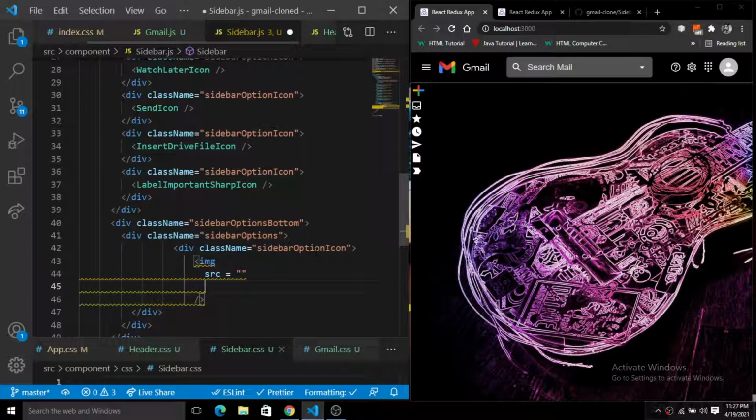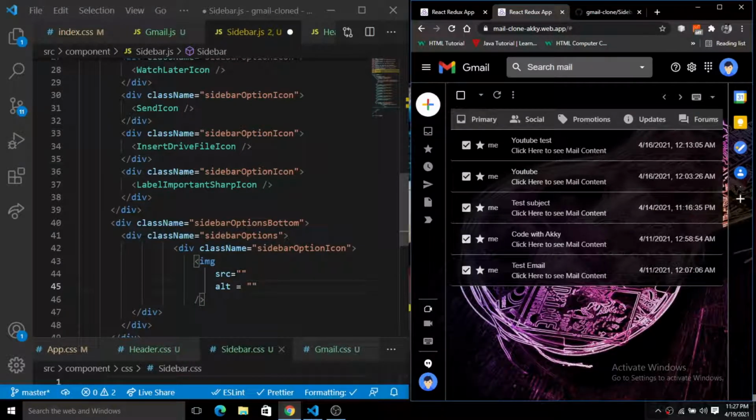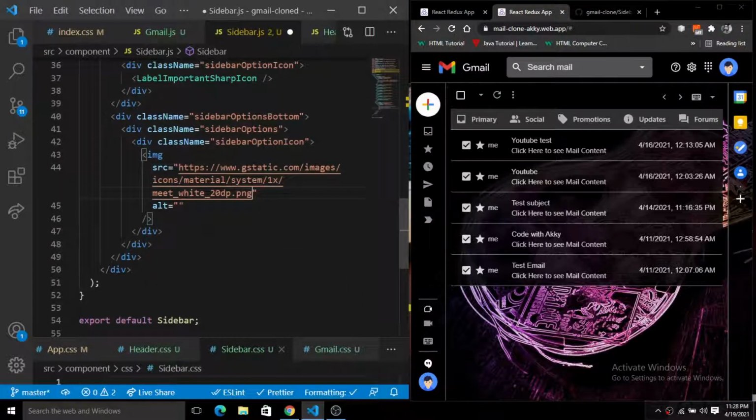So you can see we have this source. Let's grab the address of the icon of this Google Meet here. Okay, so we have this icon here for this meet, so I'm going to just give the alt to the meet here.